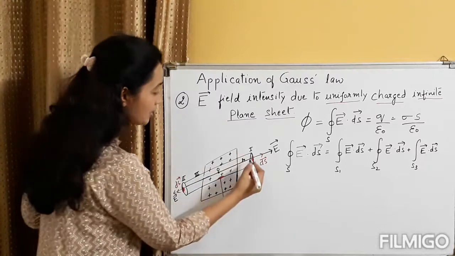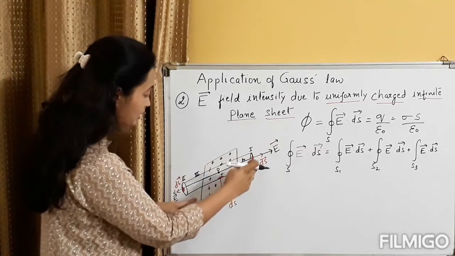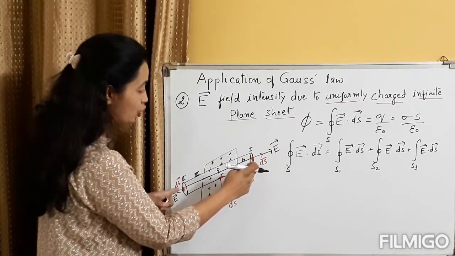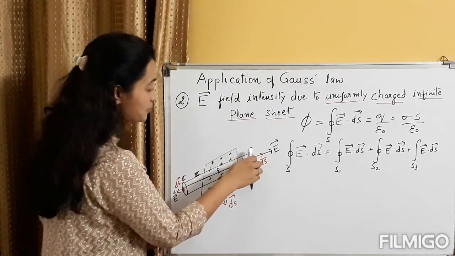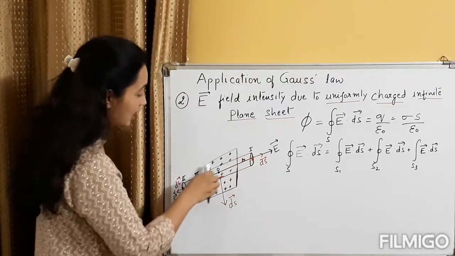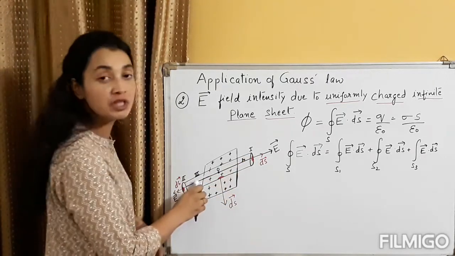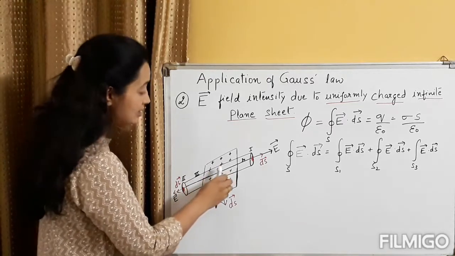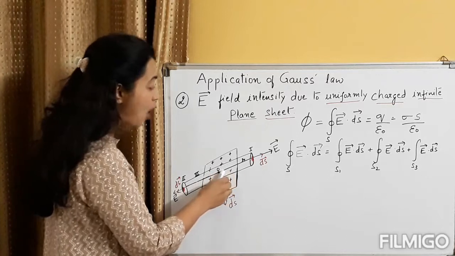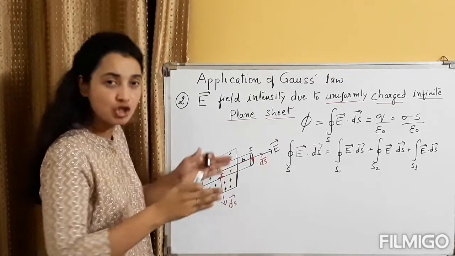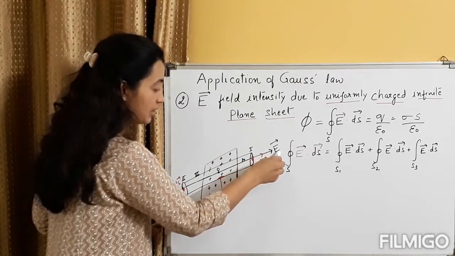But in this situation, the Gaussian surface chosen is a cylinder. You can see evidently from the diagram. And that cylinder has two end caps. We will mark the end caps as 1 and 2 and the curved surface as 3. And since we can see that the electric field lines are coming out of the sheet in both directions, the electric field through this end cap is E, and the direction is radially outwards,